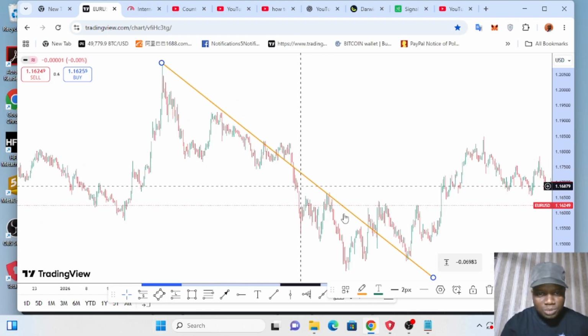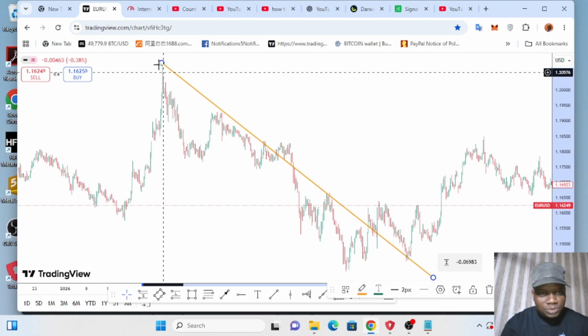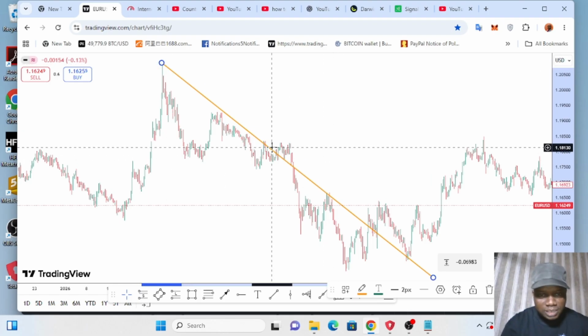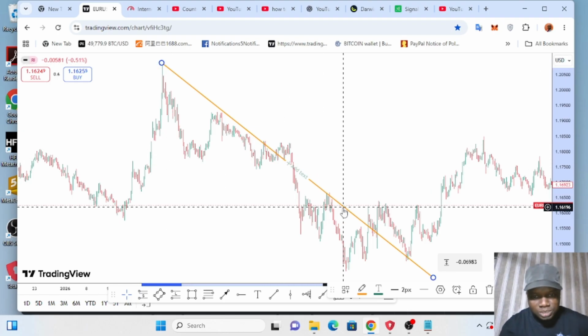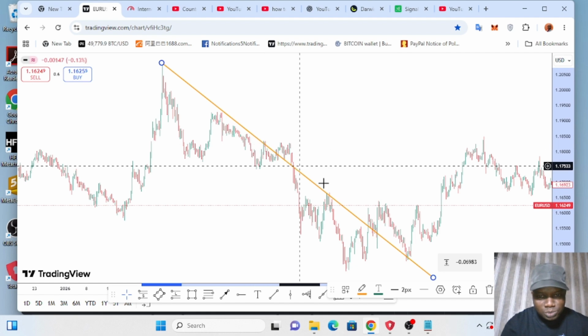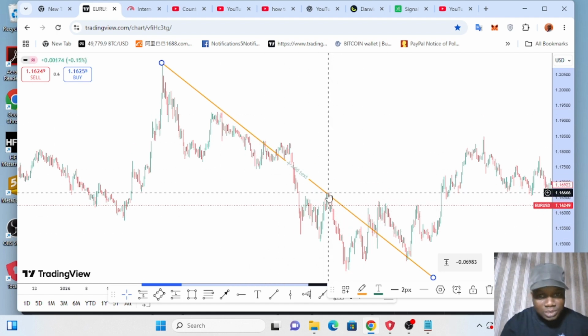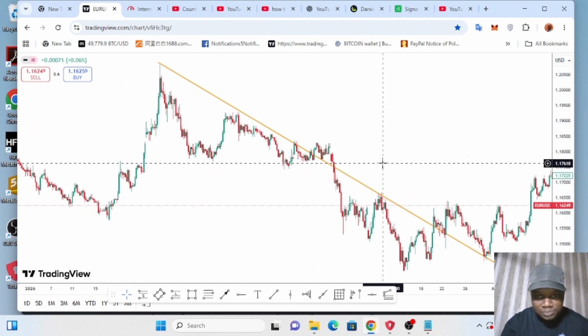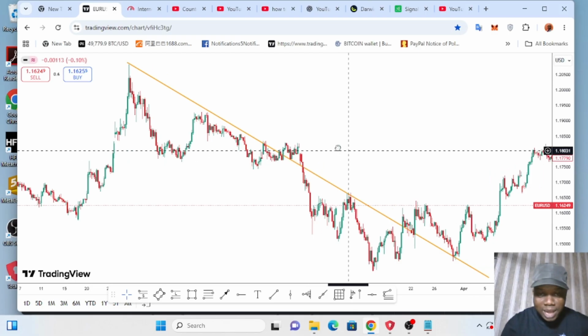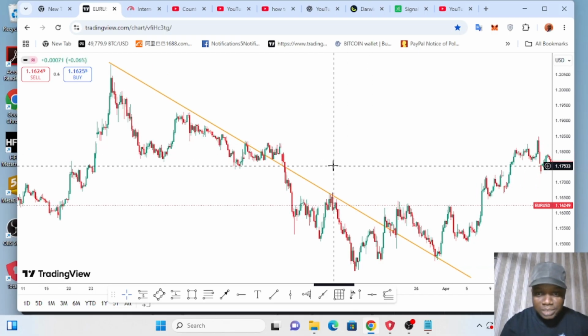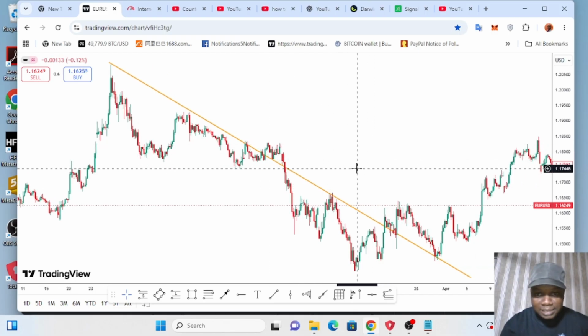Somebody would draw a trend line like this. You see, this is the first touch, second touch, and the next touch must correspond to the previous one. You can see it's the same, perfect. I'm just showing you how some people draw trend lines in analyzing forex markets. If you do this,